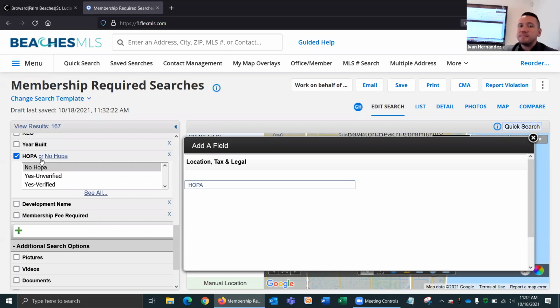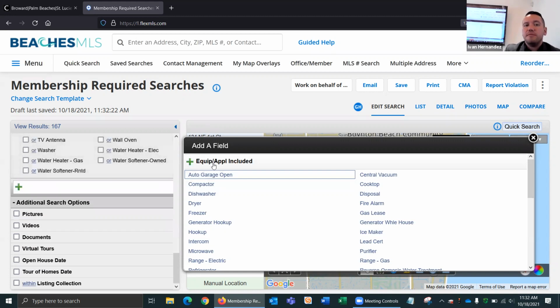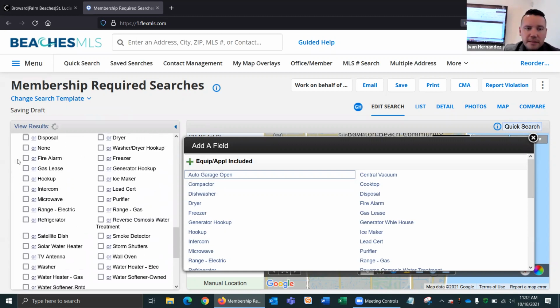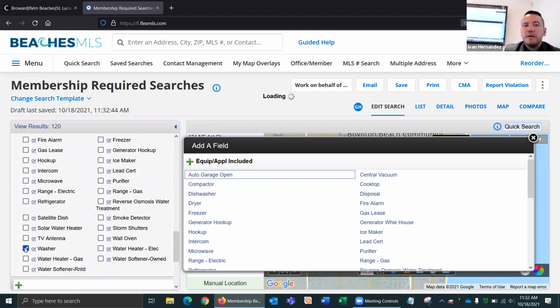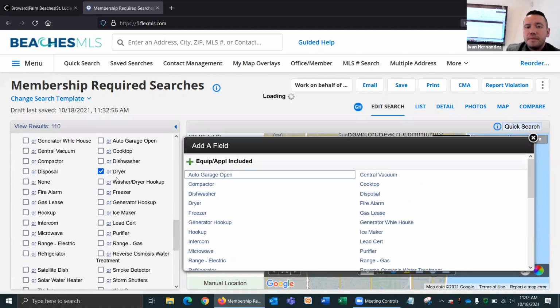If you add appliances, so I go to appliances, and I add the entire field, and I say to myself, the buyer really wants to have a dryer, and they really want to have a washer. If you leave it as "or", it's going to be washer or dryer. But if they want both, make sure that both selected options, or however many you have, are set to "and". And that's going to tell Flex we were at 110. Luckily, nothing changed, but in some cases, there are some people that are selling only their washer, only their dryer. So,